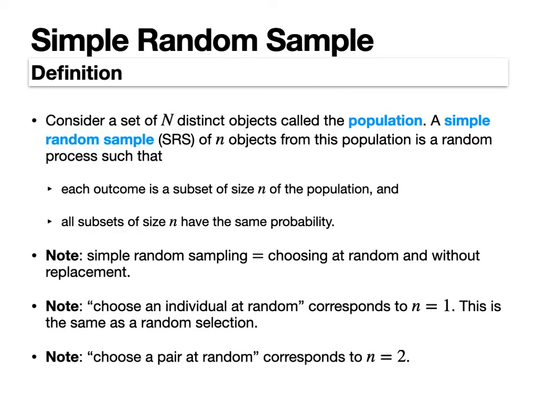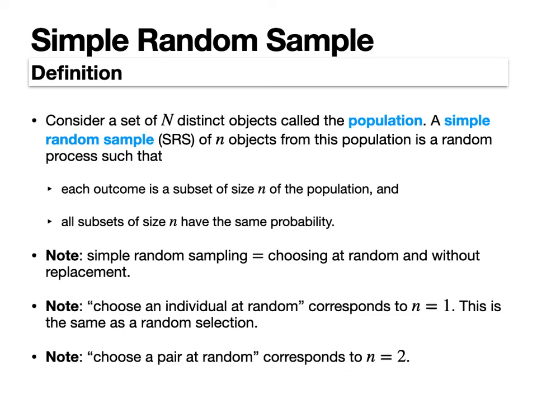The generalization of this would be the idea of picking a pair or a triple or, in general, a finite number of objects from a finite population. So consider a set of capital N distinct objects called the population. A simple random sample, or SRS, of little n objects from this population is a random process such that, first, each outcome is a subset of size n of the population, and second, all subsets of size n have the same probability. So simple random sampling, which you may remember from basic statistics, is equivalent to choosing at random and